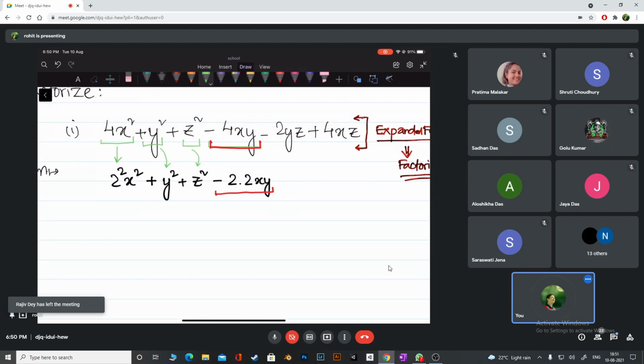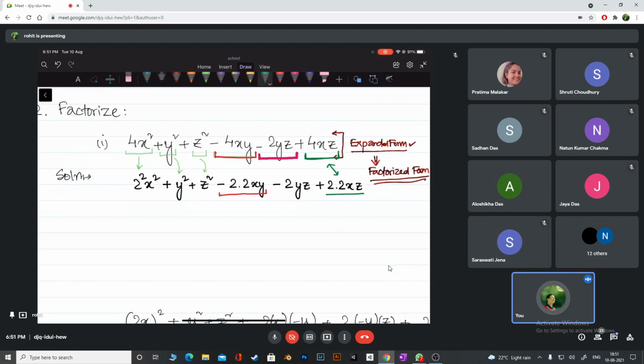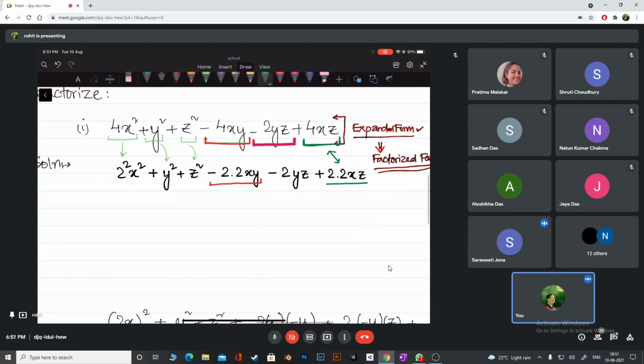So now see. Look at the next step. This is what? Tell me, guys, what is this? Minus 2yz, no? So I'll write minus 2yz. Okay, so I've written that, check. And the last one is what? 4xz. 4xz can be written as what, guys? Sorry, I can write 2 into 2x and z. Do you agree, right? Can I do this? Yes, sir. From here to here. Till now, everybody is clear, right? Yes, sir.